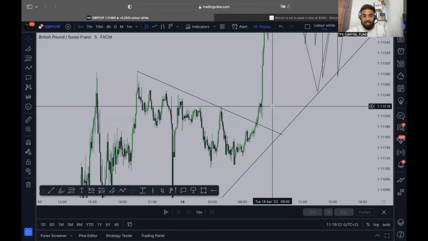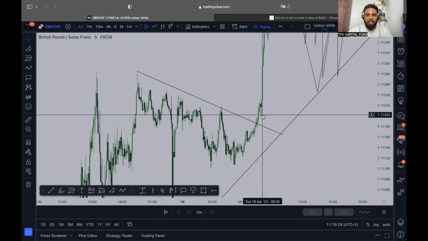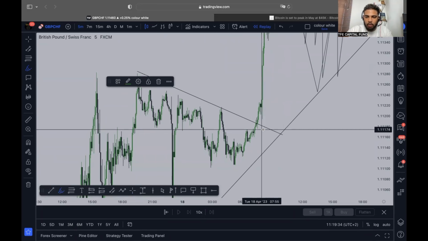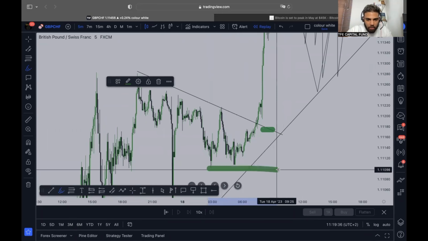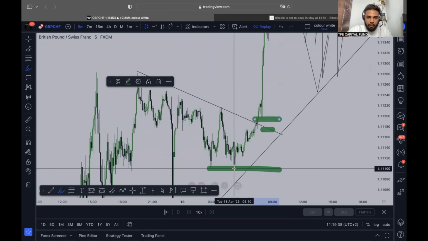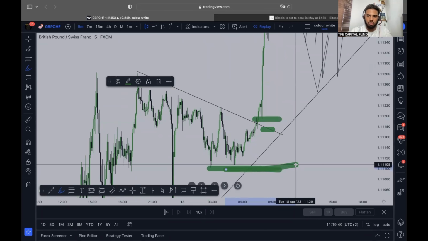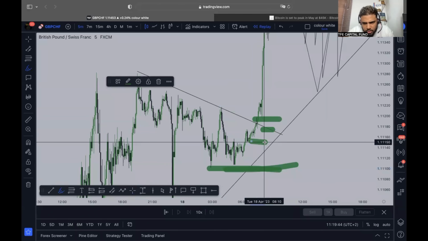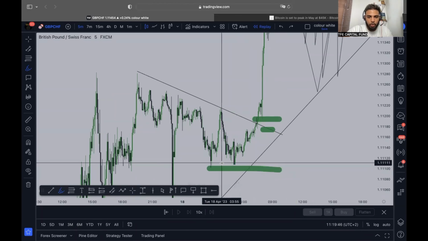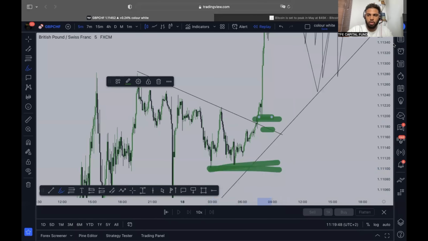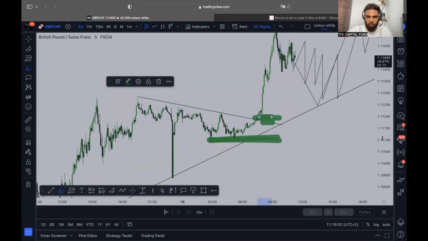Yeah, that will be another confluence. If it touches a support and a trend line, that's solid. But when it touches a support, immediately I'm in. Because remember, your stop can't be like here. It needs to be under structure. You enter there, your stop under the structure. Don't be cheap with the stop loss. People are very scared and want to put a tight stop loss here. So you put a stop loss under structure, you enter there, and you should have a bigger take profit, all the way up.